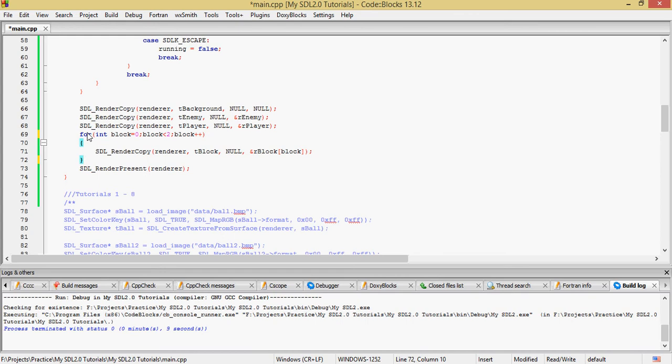Hope I didn't confuse you guys with that last explanation. I didn't know I explained it too well, but I'm sure if you know some C++, it shouldn't be too hard for you guys to get that. If you need some more help, I'll help you out. Alright, now we just render copy, T block, null,